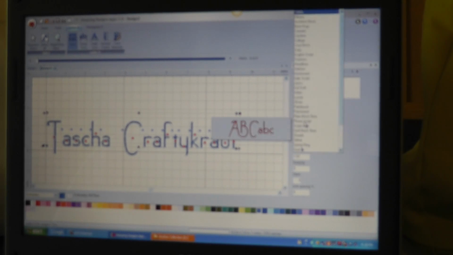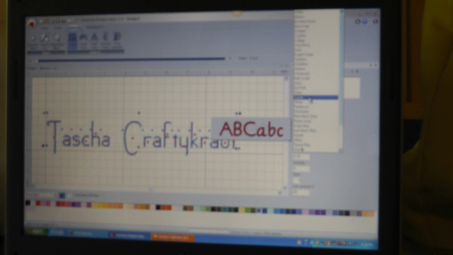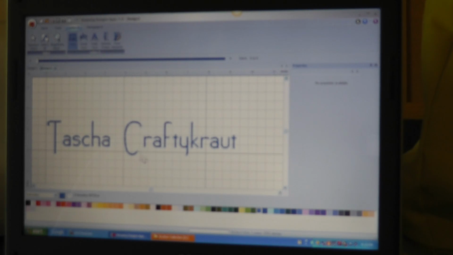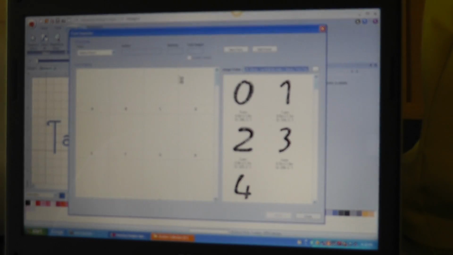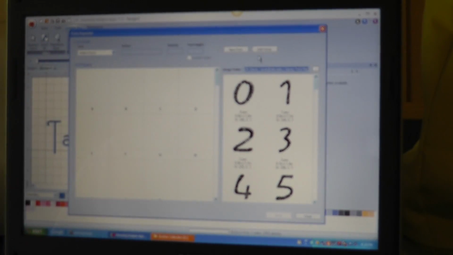Well, now it just went back to a regular font. Interesting. So it wouldn't let me. It just went back to a regular font. It wouldn't let me change the separation in between the letters. I could do it physically myself, but I guess what you have to do is go in and modify what you've saved and change the spacing, because on the font setter you can change the spacing, which I didn't do. So I could choose my Disney,